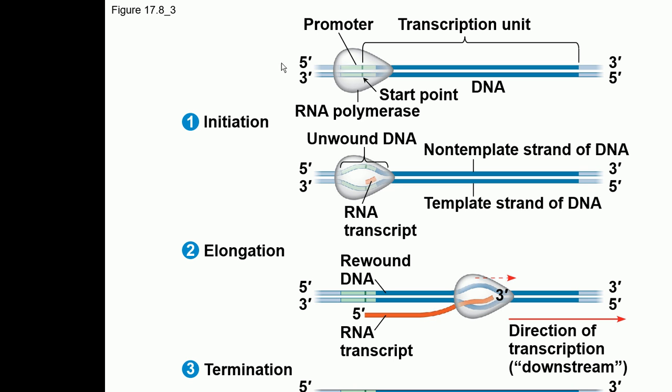Okay, so on the promoter region, RNA polymerase goes and binds, and then what is going to happen? When the RNA polymerase binds to the DNA, a small part of the DNA is going to open up. So you can see how the DNA is getting unbound here. It's not that the whole DNA will open up, only the part of the DNA where RNA polymerase is binding is going to open up. And then the formation of the RNA transcript will take place,